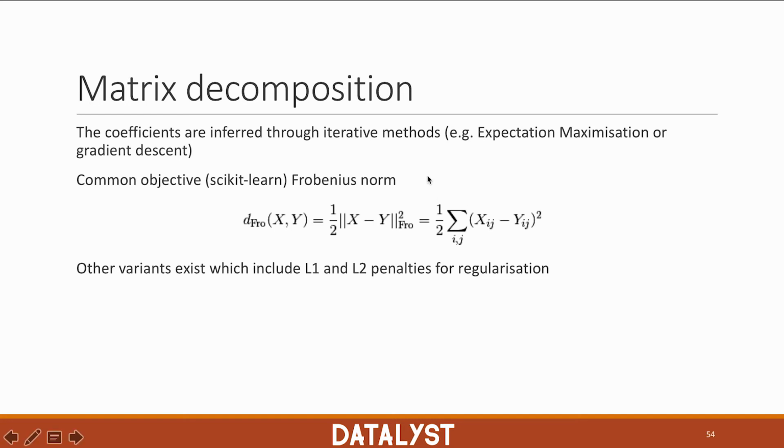And the most common objective is essentially the squared error between the decomposed matrix and the original matrix. So just to explain what's happening here, this is not a probabilistic model. This is a matrix decomposition model. So it's a linear model. And we're trying to minimize what we call the reconstruction error. So we are breaking down a matrix in two matrices, and we accept that decomposition is not going to be